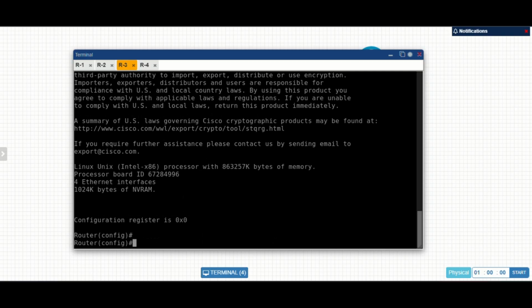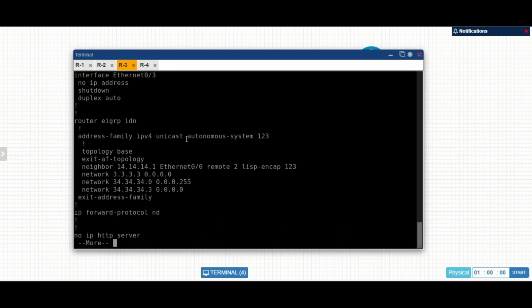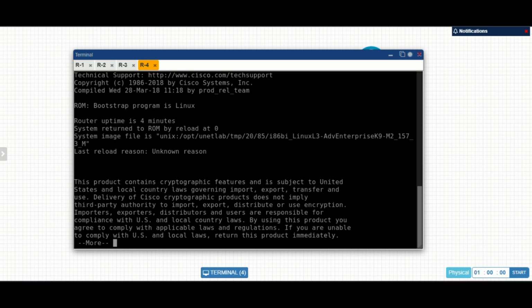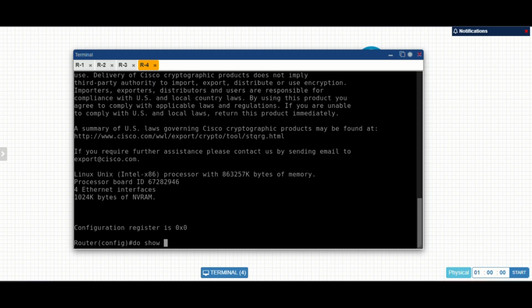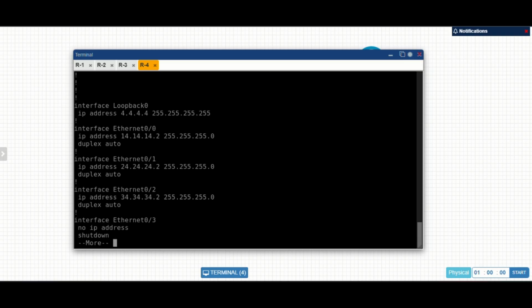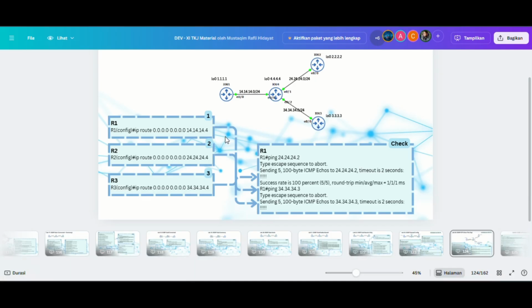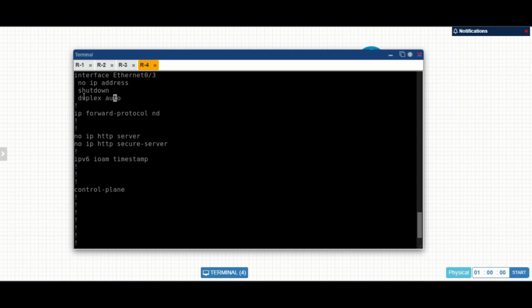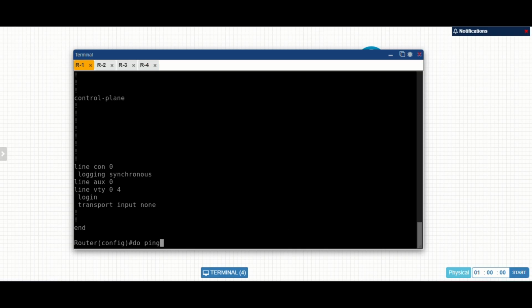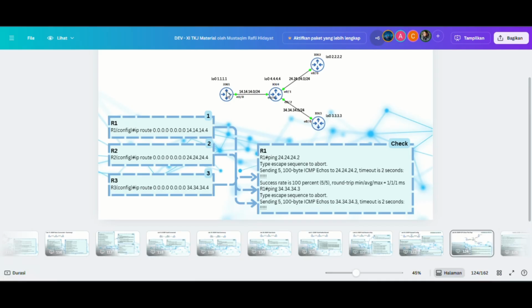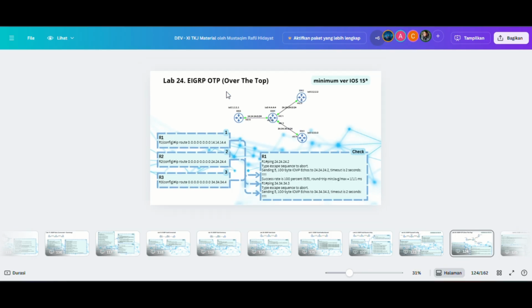In the router 3, this is the configuration, and then in the router 4, there is the IP static also. So we will test ping 24.24.24.2 in the router 1, and then everything is connected. After that, we go to the next slide.